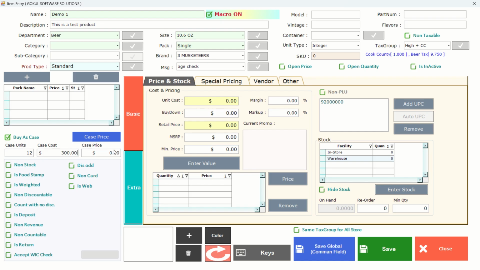Then if I simply click on unit cost, you see the price automatically popped up here. So this will help you to break down how much each bottle or item will cost if you have 12 units in the case and the total case cost is 300 bucks. Now, once I add the retail price, so this is your cost and this is your retail price, I'm gonna say 29.99. Once I enter the retail price, you guys will see the margin and markup has automatically